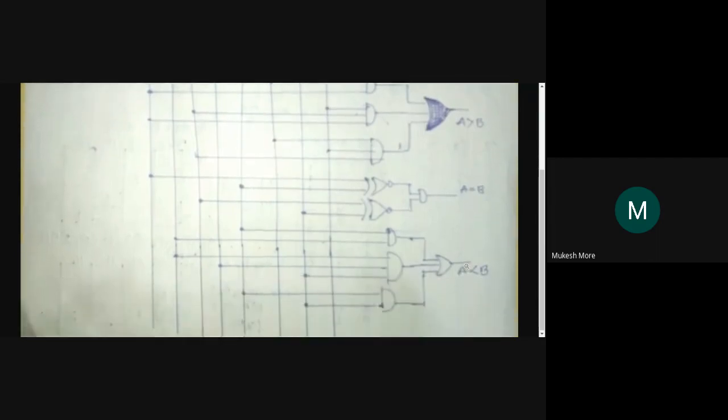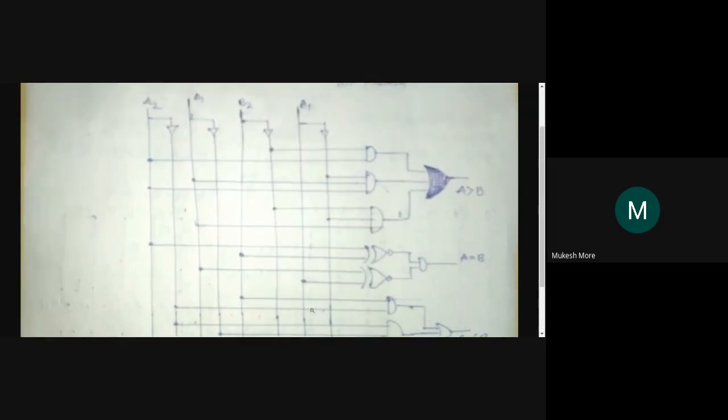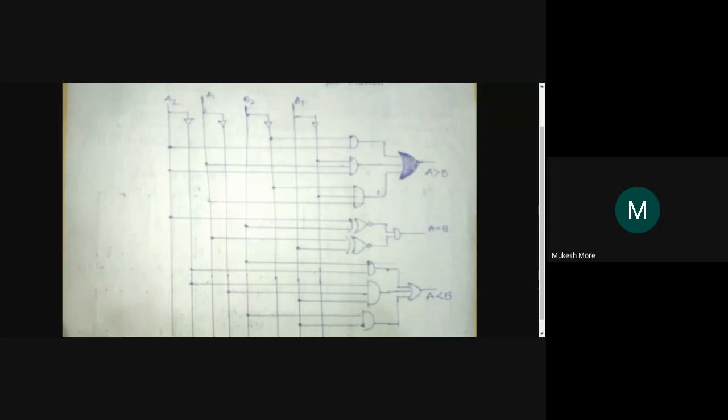Next, we have the equation B1 B2, and B1 A1 bar A2 bar, or B2 and A2 bar. So by using this circuit diagram,